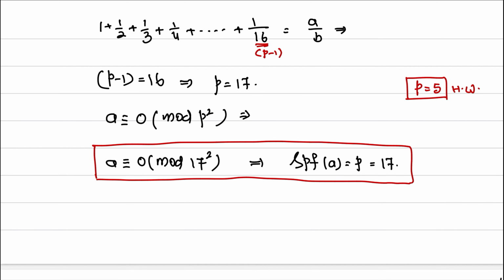Now, we have to find out the smallest prime factor of B. What is B? B is nothing but the LCM of all the values of the denominators. Now, what is B? 1 by 1 plus 1 by 2 plus 1 by 3 plus up to 1 by 16 is equal to, when you do it